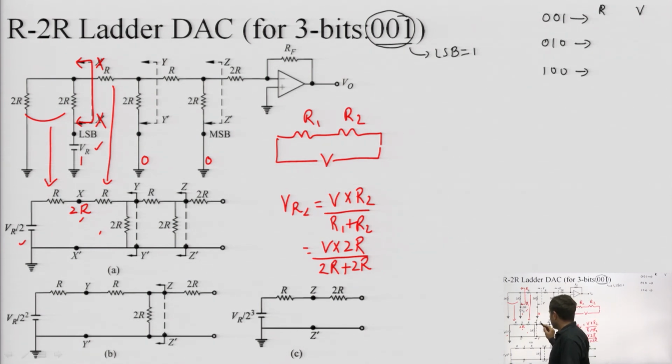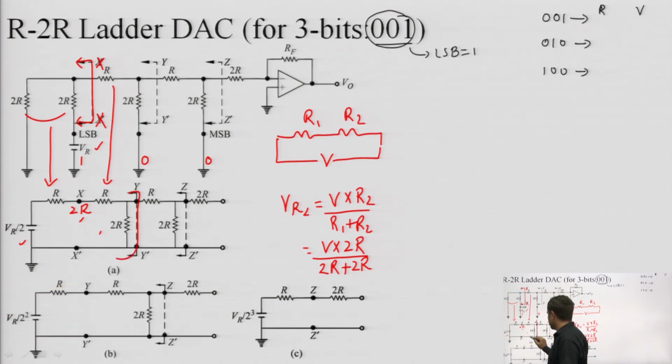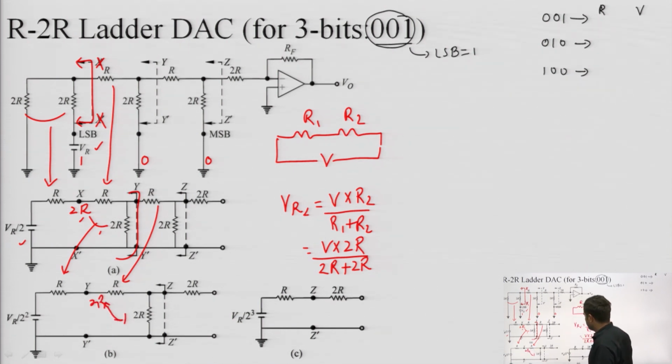Now again, if we apply the same thing at the YY interface, then again this 2R and 2R are in parallel, so this complete combination results in this R, and this R is this one. So R and R again becomes 2R, and 2R again in parallel. Okay, so they will become ultimately R, and this R will be in parallel with this, so it becomes 2R. And here at this YY interface, if you check the voltage at the YY interface in the above figure, then again the initial voltage is VR by 2.